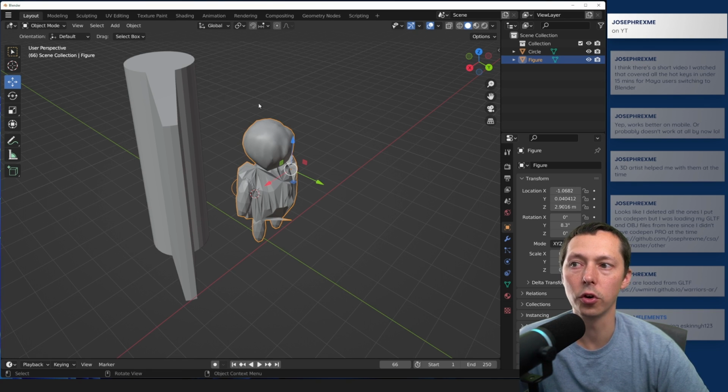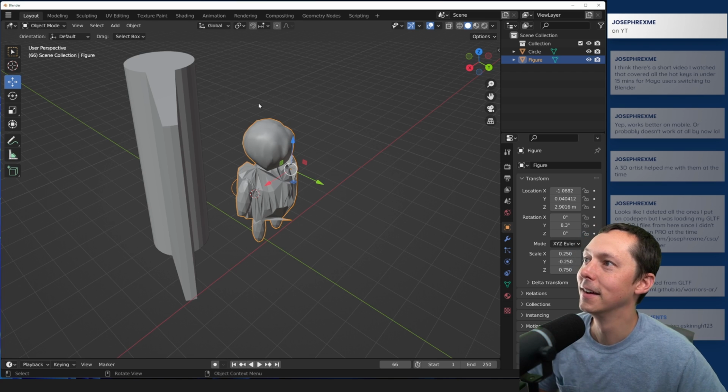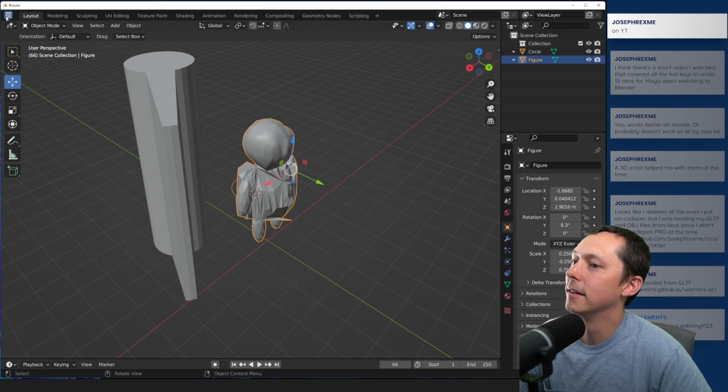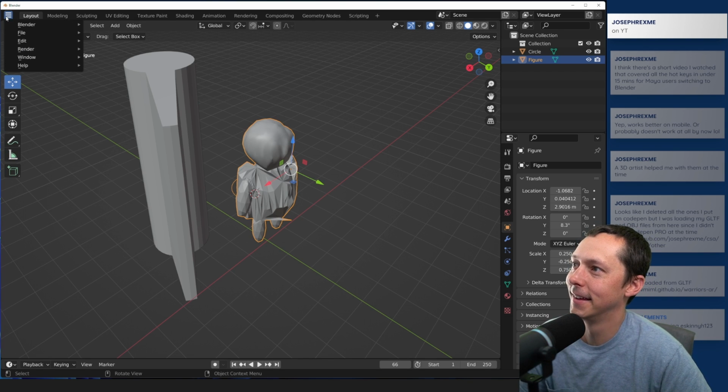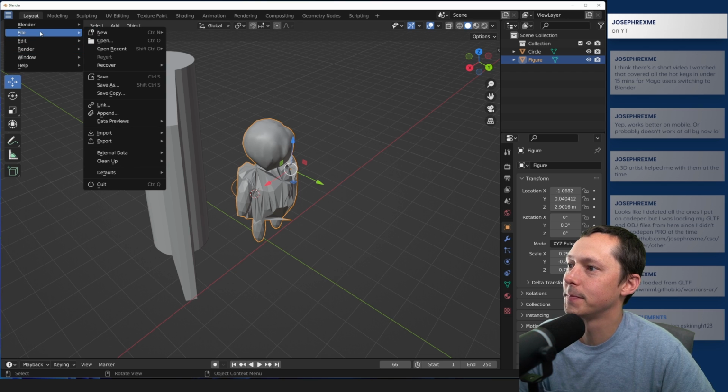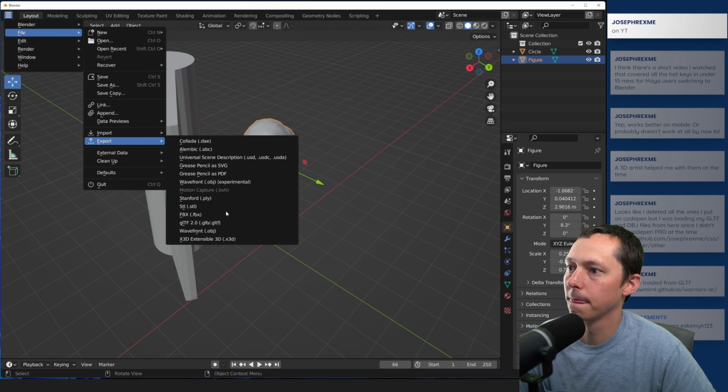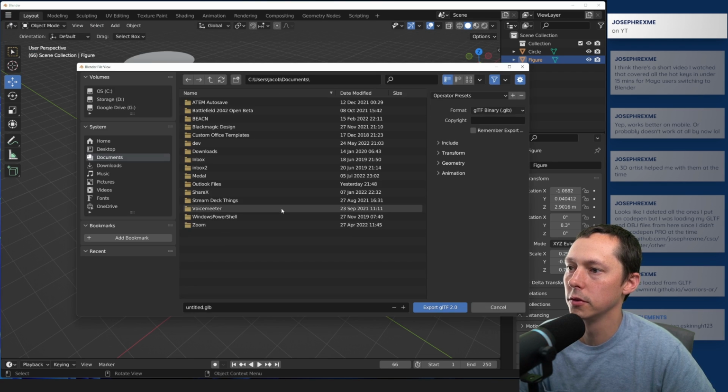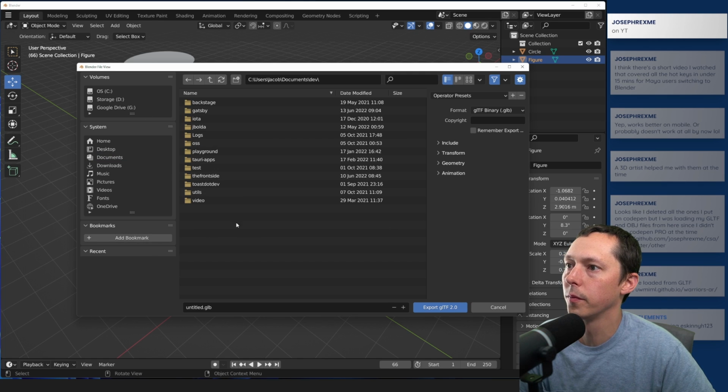So we'll probably do some structure things and figure out how we can do things that are more organic without it looking like this. But if we go through and export, we can go here into